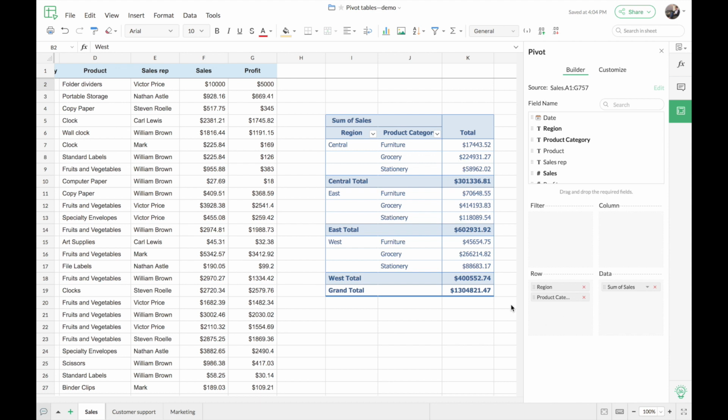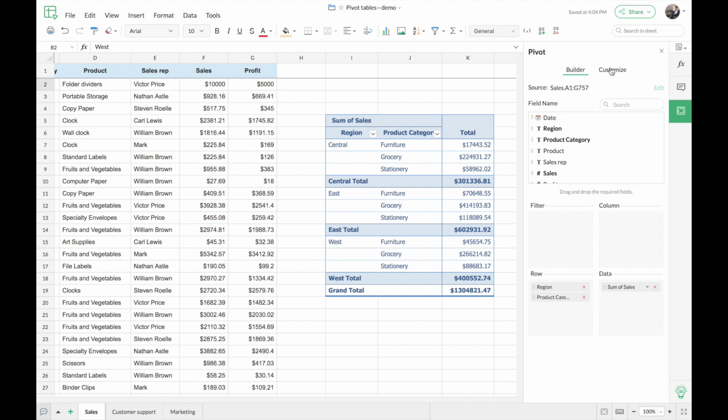So now on the left, you can see that the pivot table we wanted to build is ready. So you can see the region, the product category, and the total sales being listed for me. So now I can see the consolidated data from the whole data set that we saw originally. So this is more clear and we can actually derive conclusions from this table. So now that our pivot table is ready, let's start customizing it.